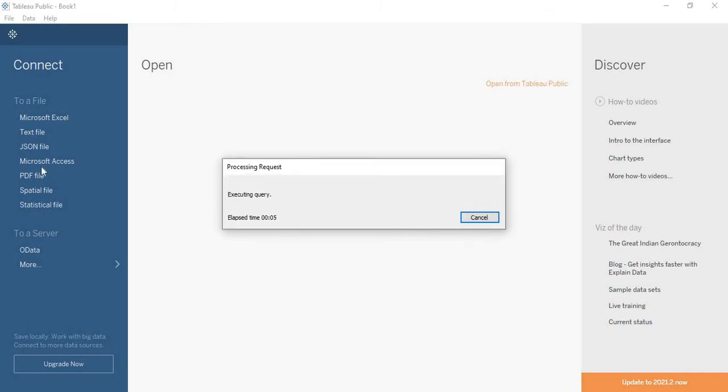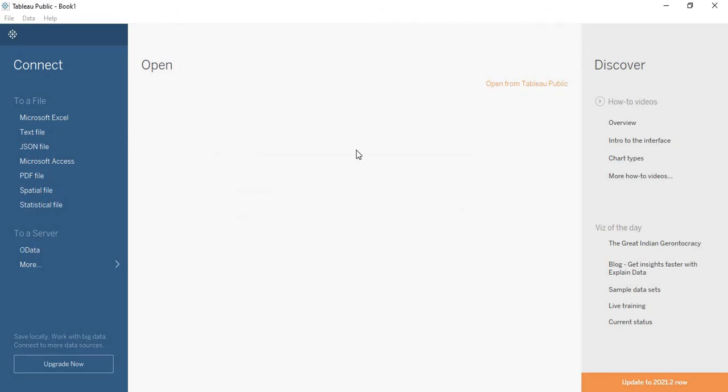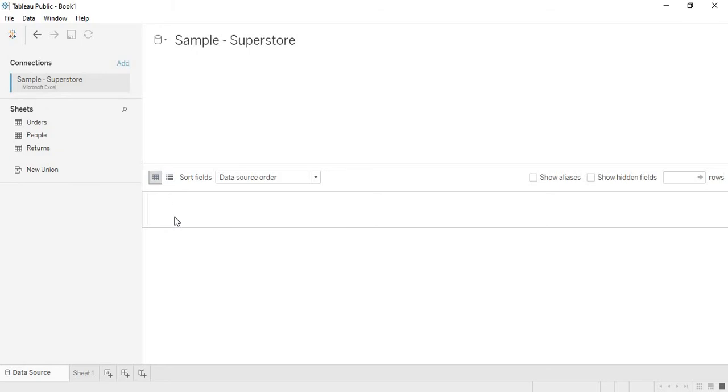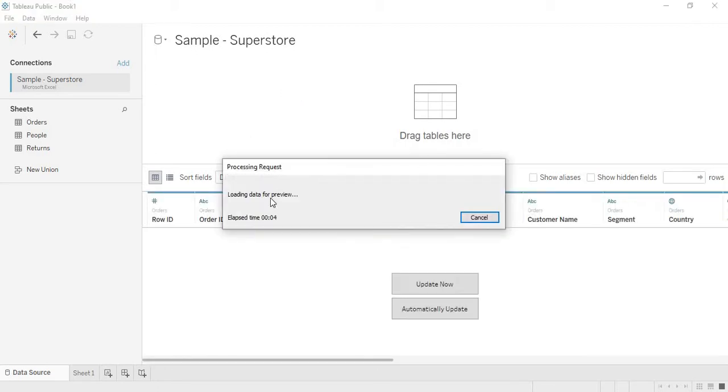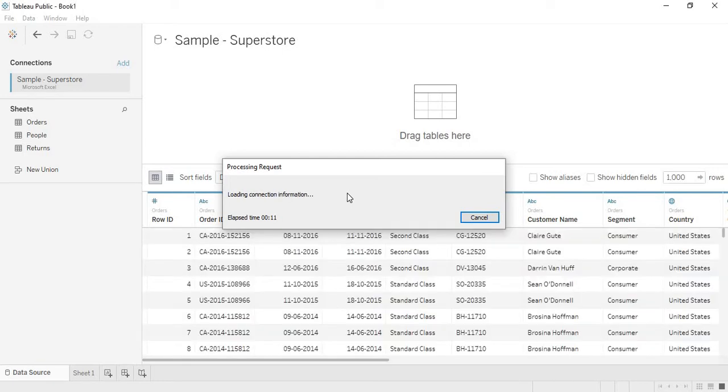It will take some time to load the dataset into Tableau Public because my data is quite large. Okay, so I have my dataset in the orders sheet, so I'm going to drag this into my table area. It will also take some time.